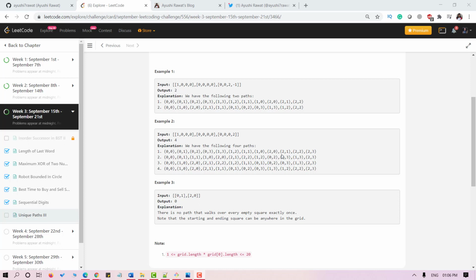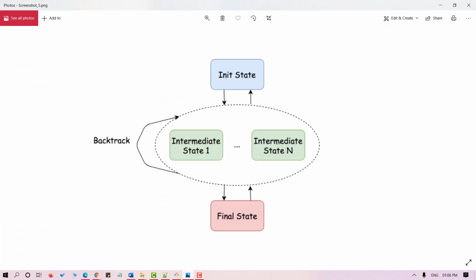As a result, we'll clarify the initial and the final states of the problem here. For the initial state, there are different types of cells or squares in a grid, and there is an origin and destination cell. Initially, all the cells have not been visited. For the final state, the destination cell is filled with value 2, and all the non-obstacle cells, including the empty cells filled with 0 and the initial cell filled with 1, have been visited.